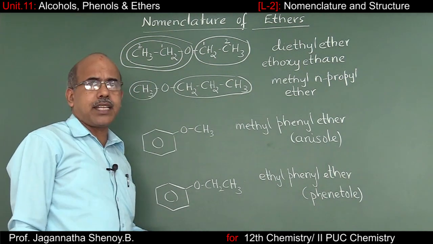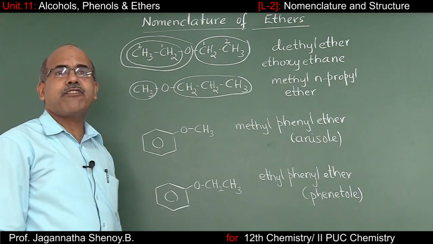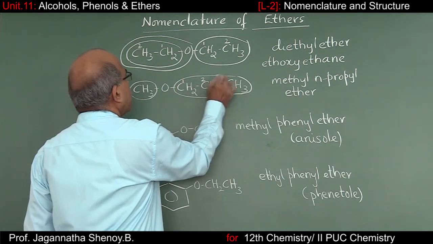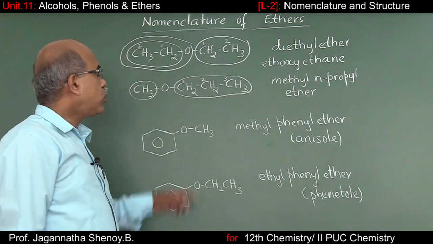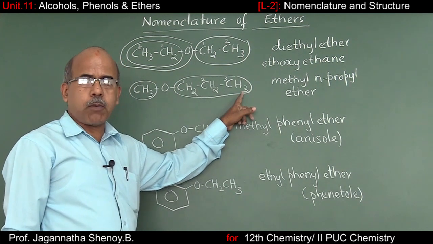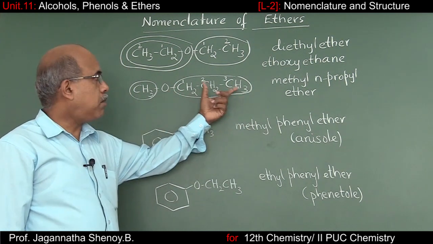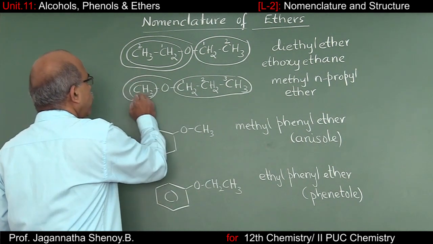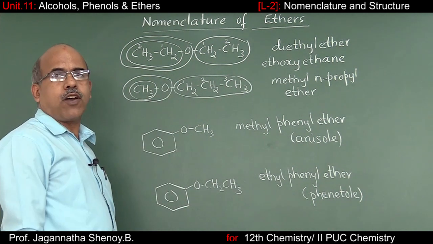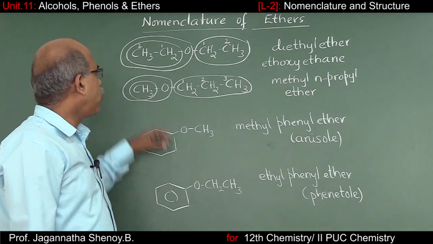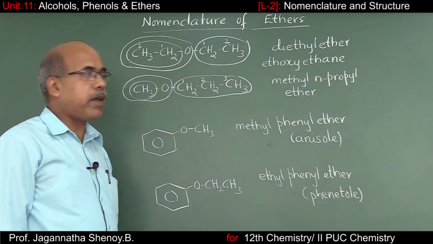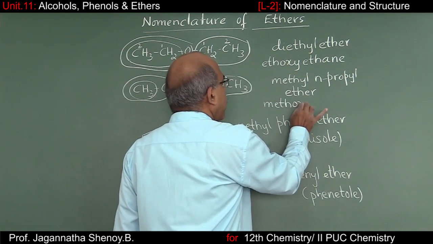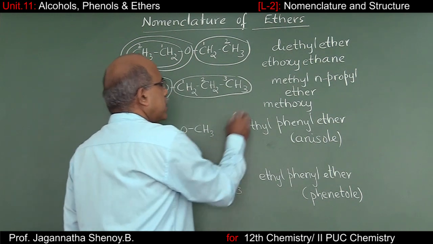Now, when I come to the second example, you know, the longest continuous chain of carbon atoms contains 3 carbon atoms. So 1, 2 and 3. So the root word in this case must be prop, and propane must be the parent hydrocarbon. On propane, we have this group, methyl oxy. Methyl oxy group is called methoxy group. So you have a methoxy group on propane. What is the name of the compound? It is methoxy. Where do you have methoxy? It is present on the first carbon atom.